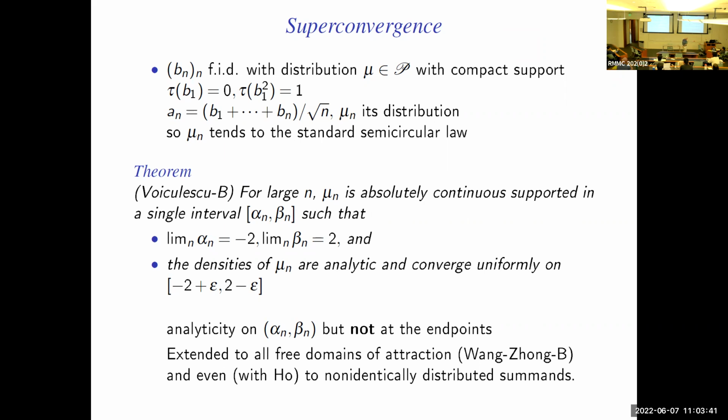One has to qualify it a little bit, because an arbitrary infinitely divisible measure might have a point mass, might have one point mass. So of course you don't expect densities to converge at that one point mass. But other than that, you have uniform convergence.